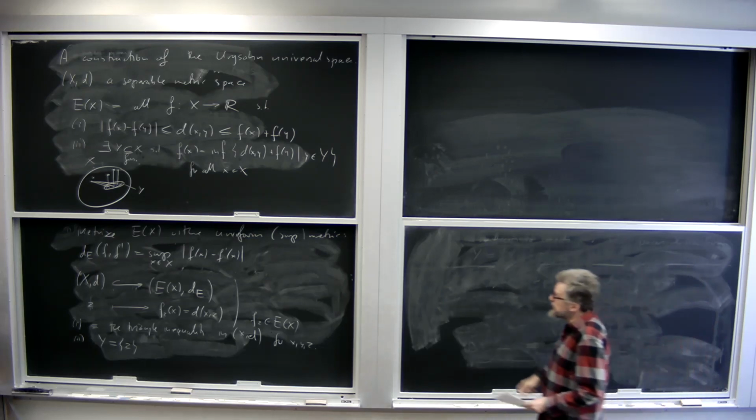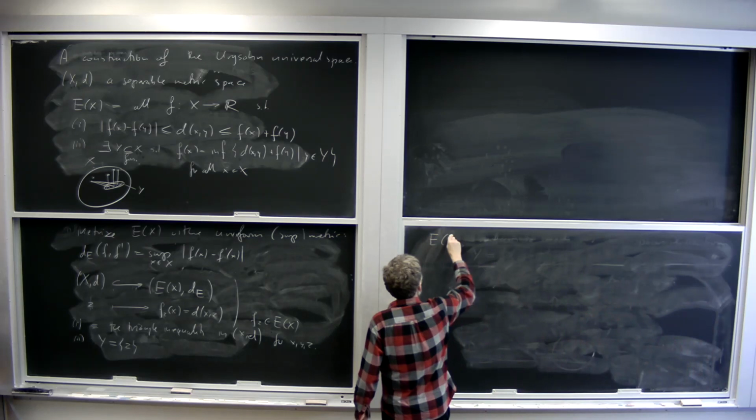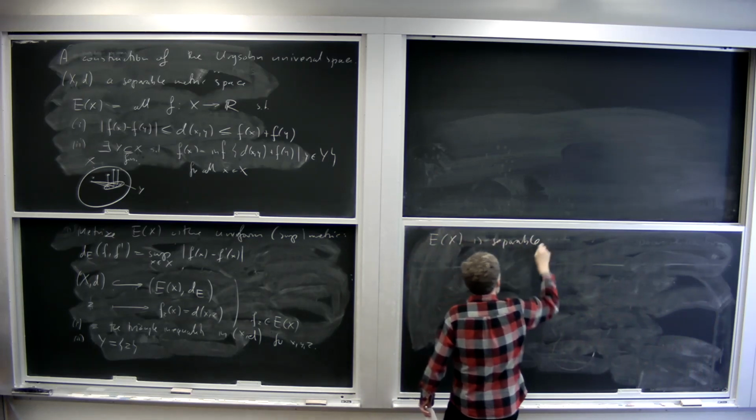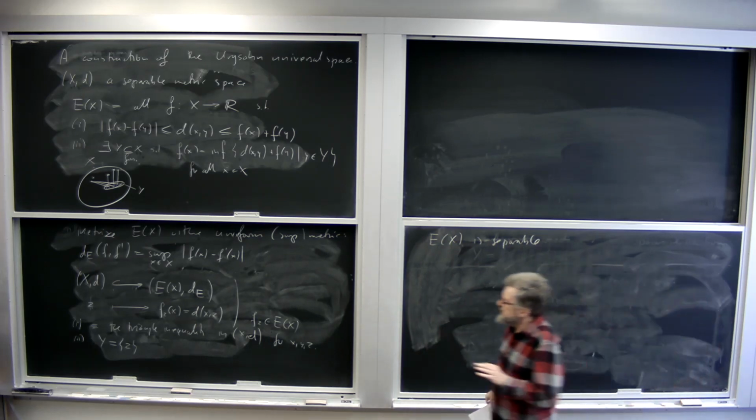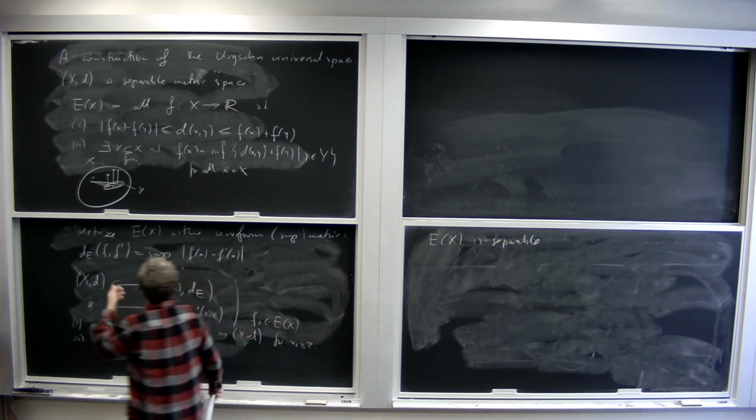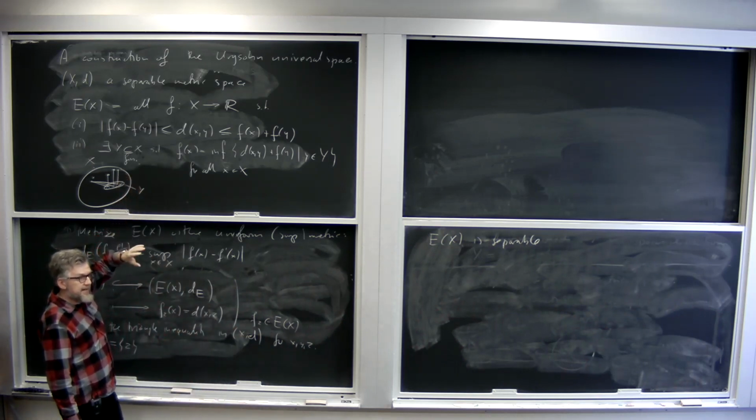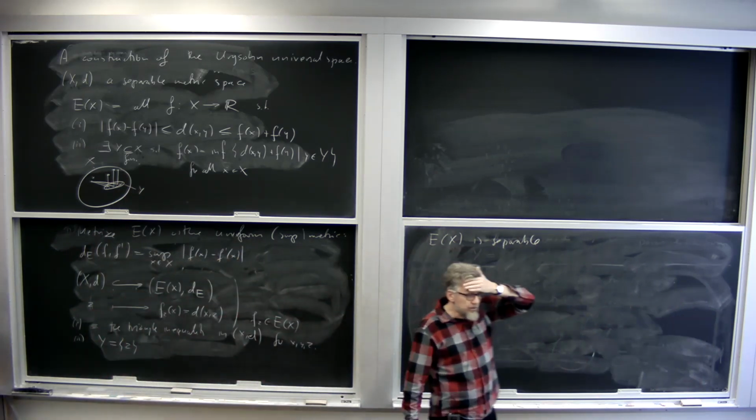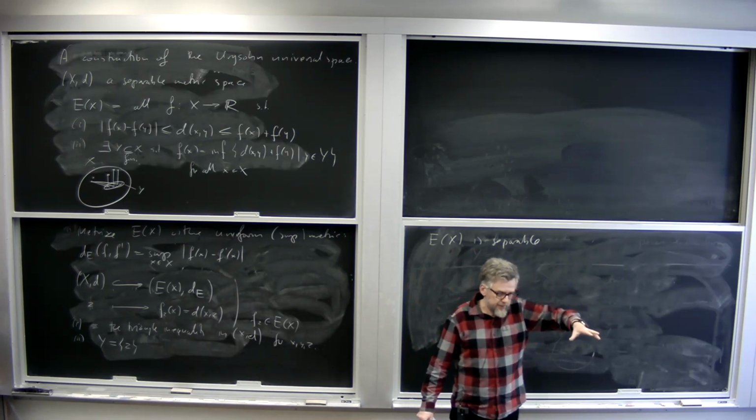And then another thing is that E of X is separable. Again, I'll leave it to you. The separability comes from each of these being finitely supported. If I fix a dense subset of X, and I only look at functions that are supported on the dense countable subset,